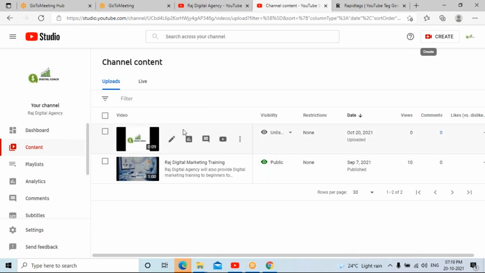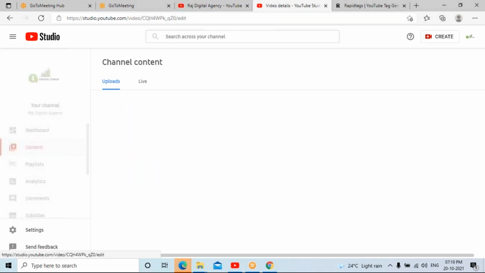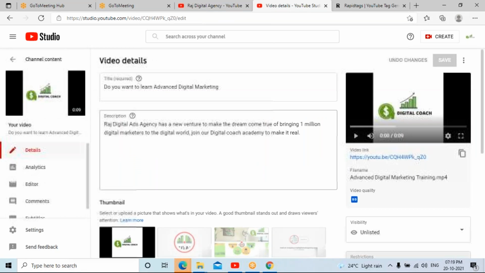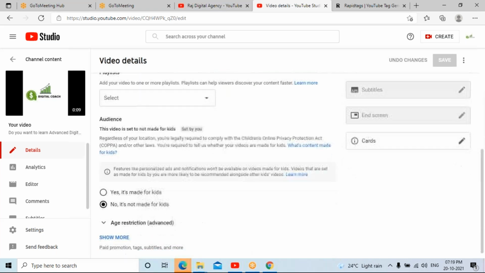It is going to show in your list of content. Before publishing it publicly, make sure you edit it, and if you want to make any changes, you can make them now.